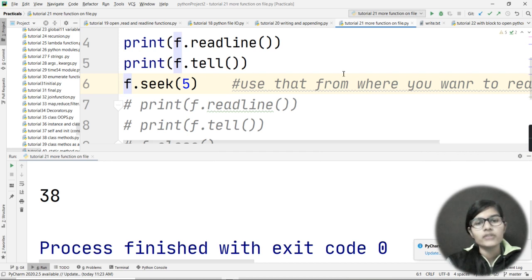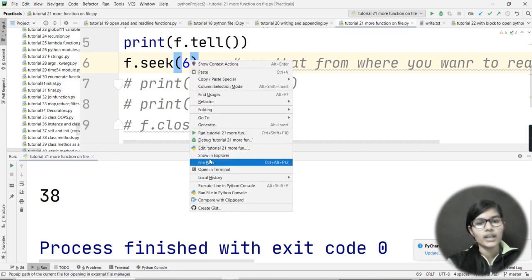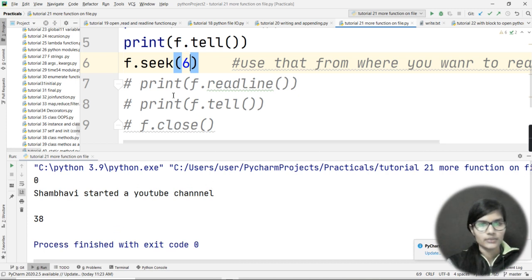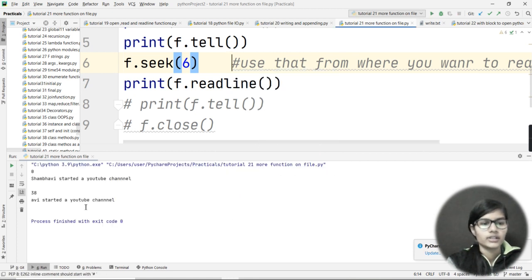Okay, now this f.seek function: you use this seek function whenever you want to read your file from a particular point. Let's say I write here 6. Okay, and now when I run this, I'm so sorry, let me print also. Now let's run it.